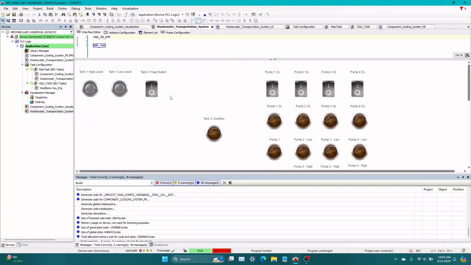There are 2 tanks. The first tank has 1 pump, and once it reaches a high level, pump 1 turns on, and it stays on until it reaches the low level sensor, in which case it turns off. I added a little bit of extra functionality so that if it reaches the high level and the overload turns on, once the overload turns off, pump 1 still stays on until it reaches the low level,